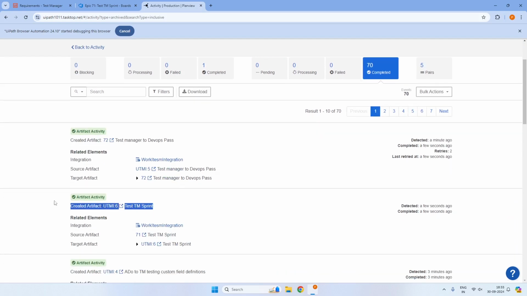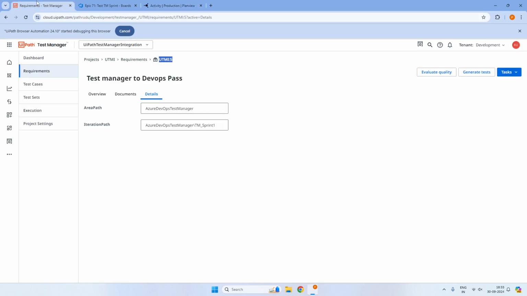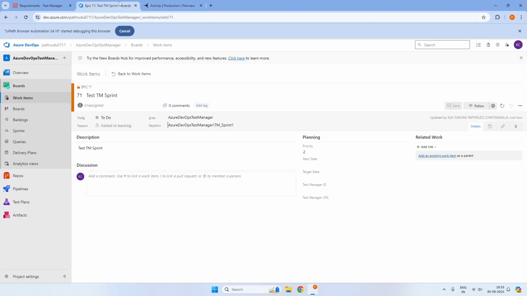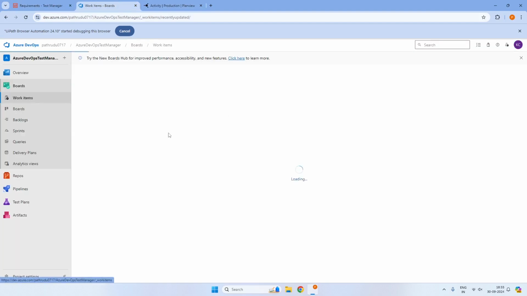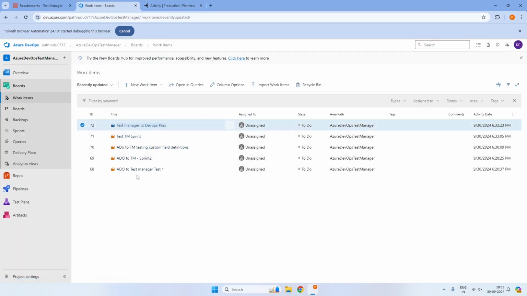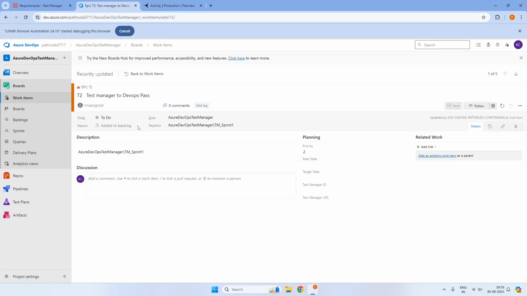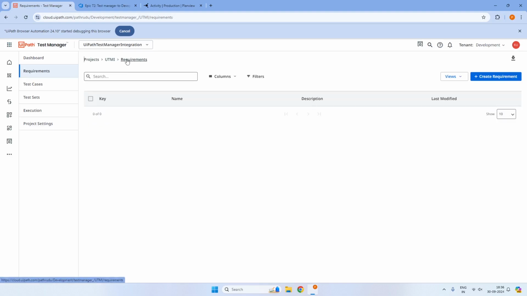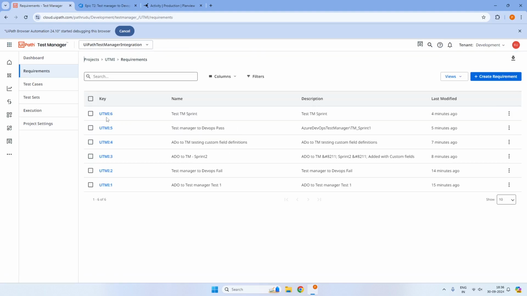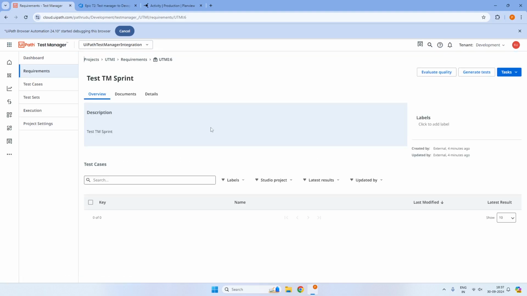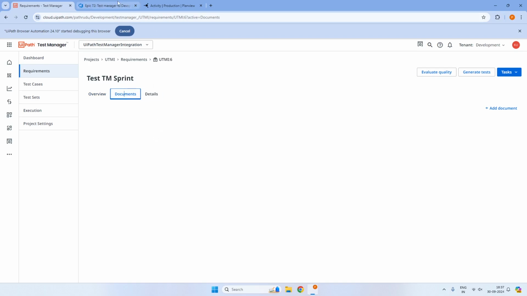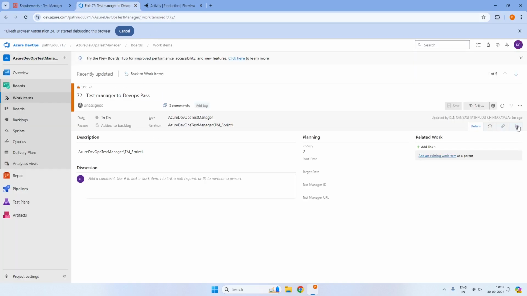It was successful in the retry item, the sixth one that we created, and it falls under the second sprint. Test Manager to DevOps pass, and if you see here, it is in the second sprint. So whatever we have created is falling under sprint 2. Now we want to test the requirements by attaching documents. Here we have the documents tab, and also under the epics we have an option to attach some